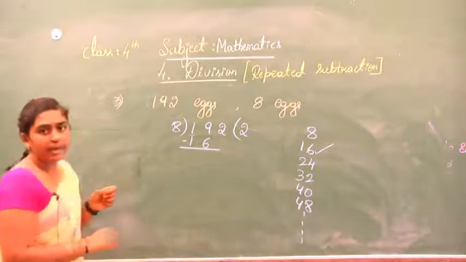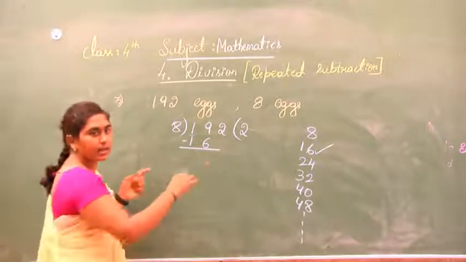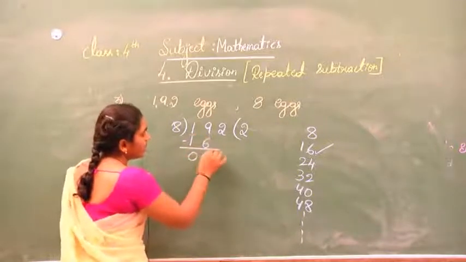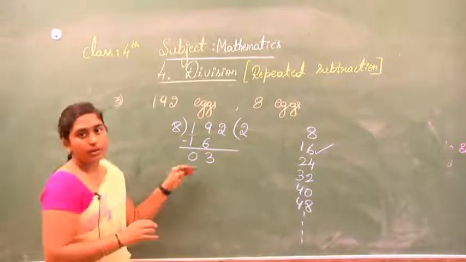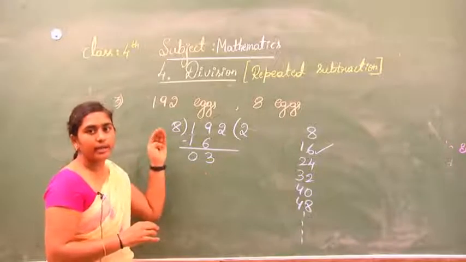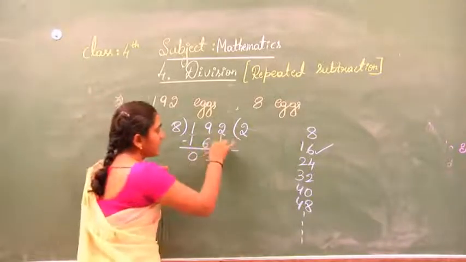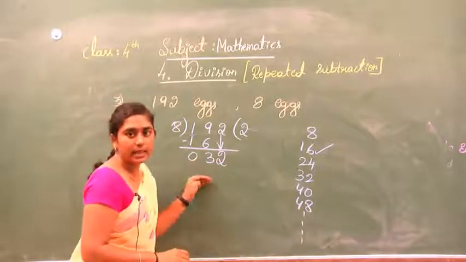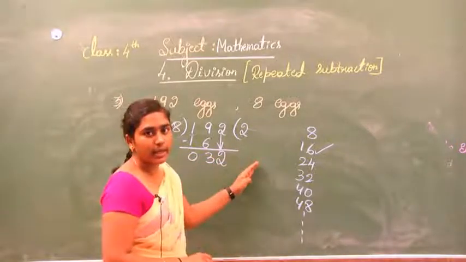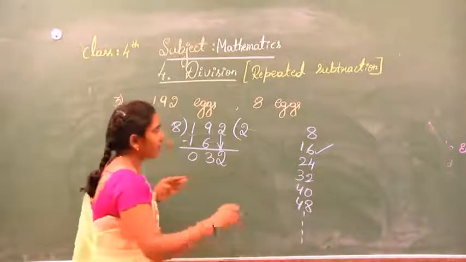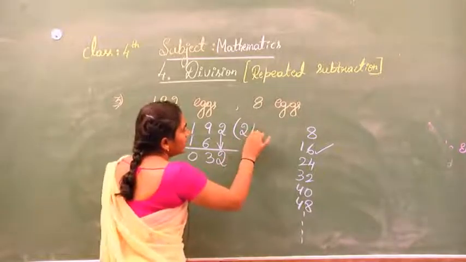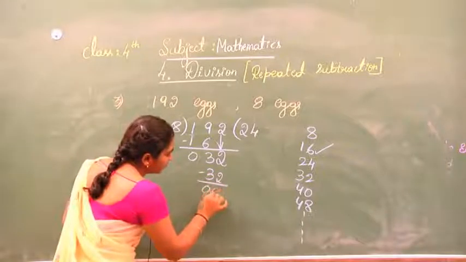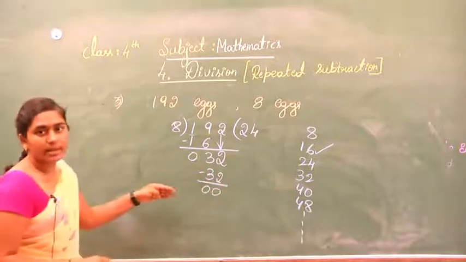Now subtract 19 minus 16. We will have 9 minus 6 is 3. 1 minus 1 is 0. For 3, you cannot divide again with 8 ones either. Let's take another number down, which is 32. Is there a 32 number in the 8 ones table? Yes, of course it is. 8 fours are 32. Now we have got remainder 0.